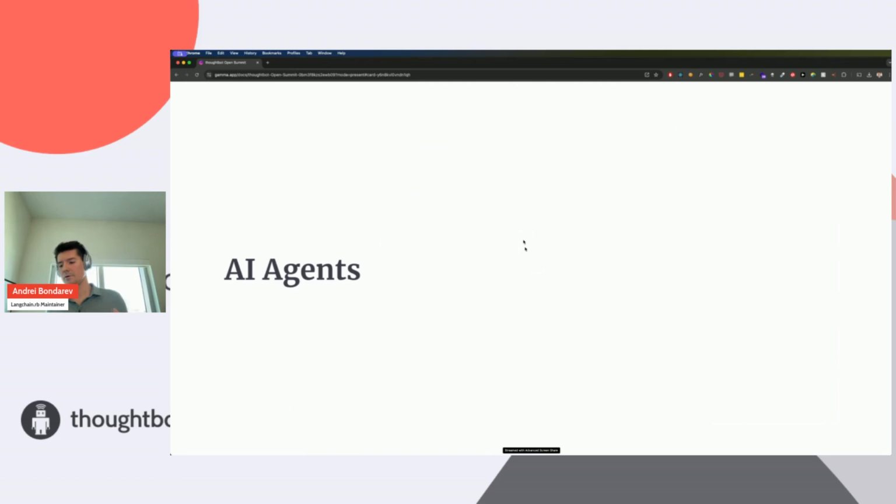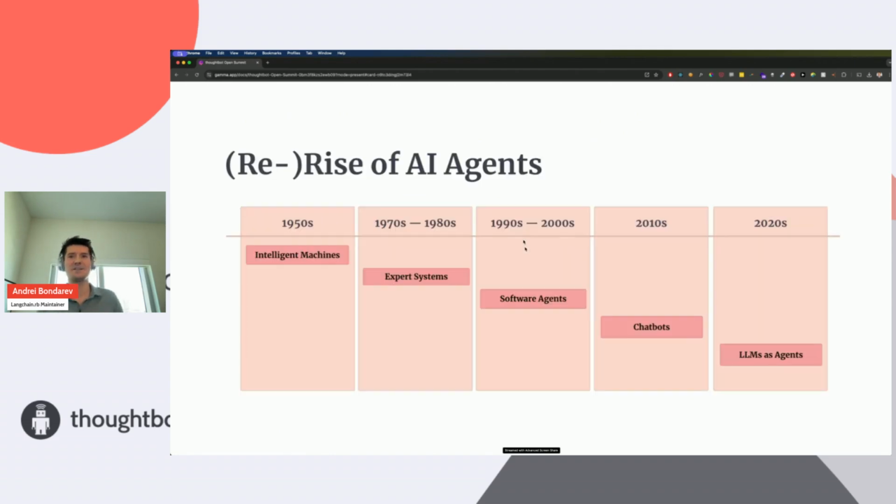So no AI wave happens without talking about AI agents. And AI agents is actually not a very new idea. So in Alan Turing's famous 1950s paper, where he introduced the famous Turing test, he actually talked about intelligent machines, and we explored the concept of expert systems in the 1970s and 80s, software engines of 1990s, 2000s, the original chatbots of 2010s with Alexa and Siri, and now